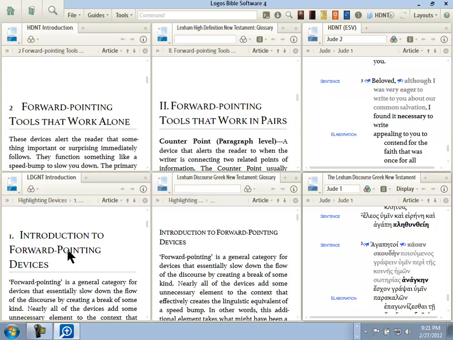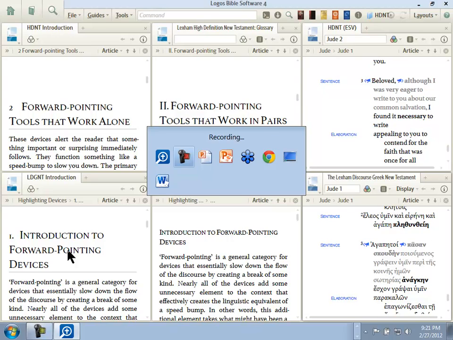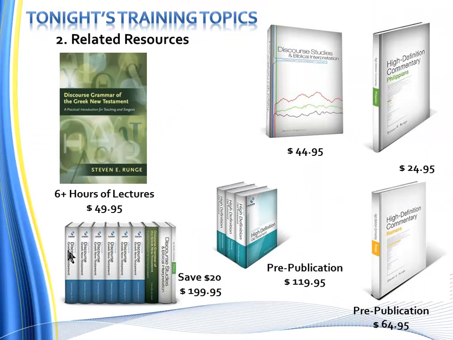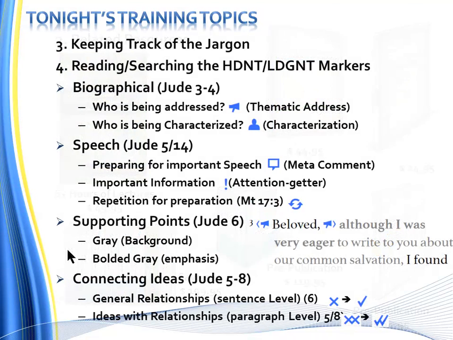All right, as I get ready to switch slides here, any questions, feel free along the way to just jump in, and we'll begin to answer those along the way. There's quite a few resources that Logos has made available and is going to make available in the very near future. Like I said, these are unique resources you're just not going to find any other place in any other program. All right, let's talk about the jargon. Keeping track of the jargon. How do you make sense out of all this new vocabulary? So let's go back to